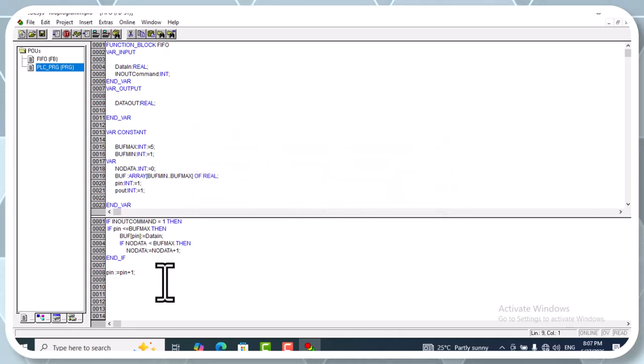Okay. And then we must fill the buffer, and let's use it like this, else, and here we make our pay in equal to buff min,